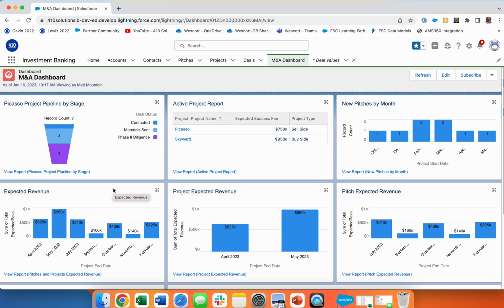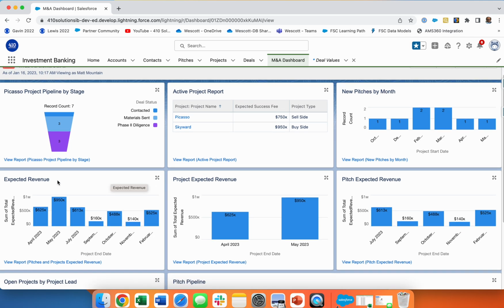So as we take a look at this one specifically, expected revenue, what this does is this puts a factor, a percentage on each pitch, as well as a percentage on each project, and it totals it up. I'd be happy to walk through the calculations I've got based upon probabilities, but this expected revenue shows it overall. This one is just specific to projects based upon when the project could end, and then specific to various pitches that are going on and applying percentages to those.